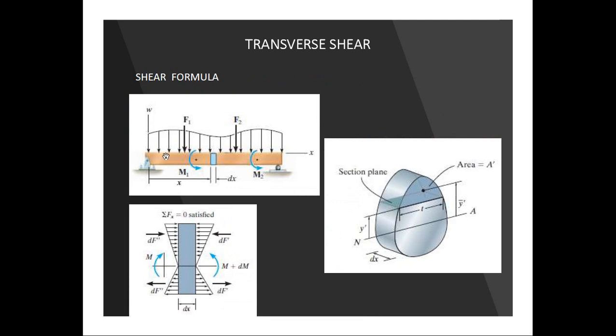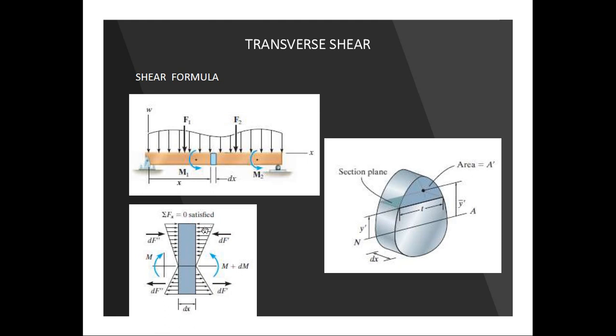This is a beam that is being subjected to various kinds of loads, and you can see over here that if we take this small element of length dx, you can see how this stress distribution is given over here. What happens basically is the moment will be different, and the forces due to the stress will be different at each face of this element, and due to this variation, the value of shear stress will generate.